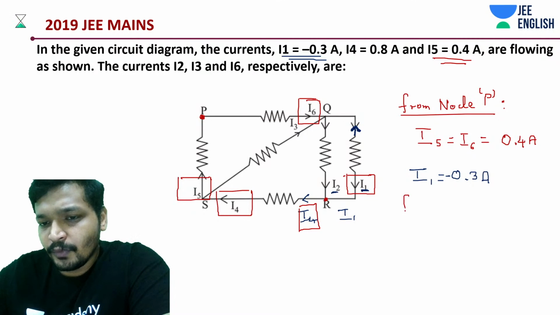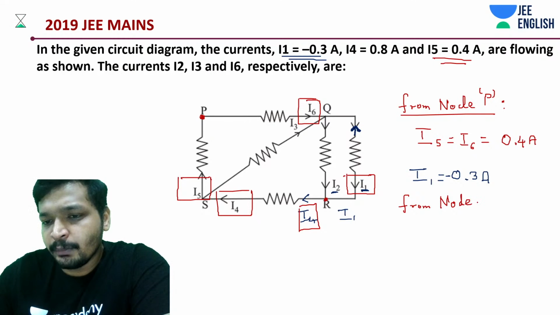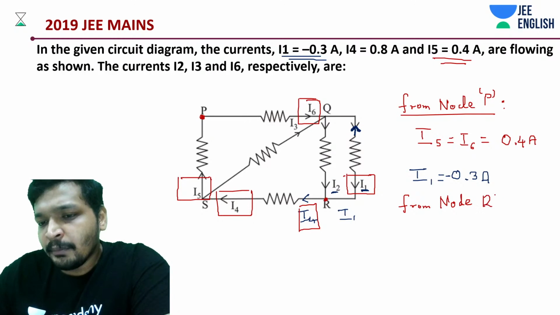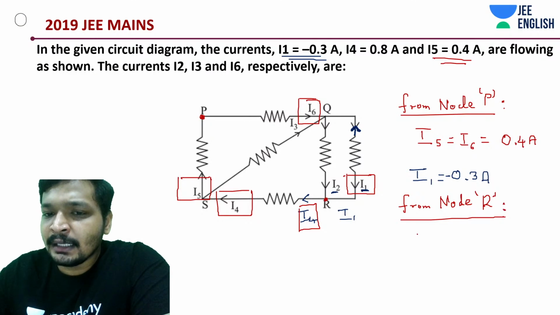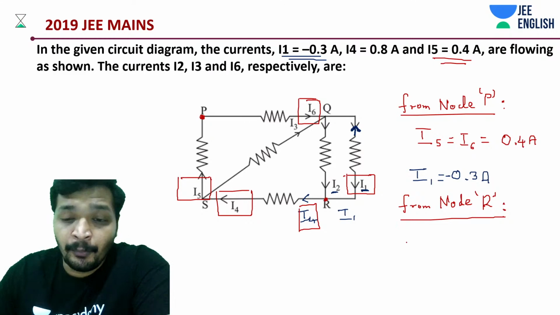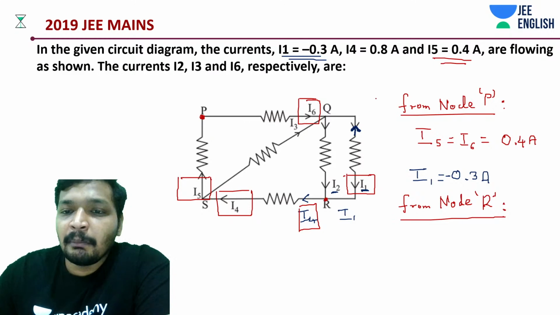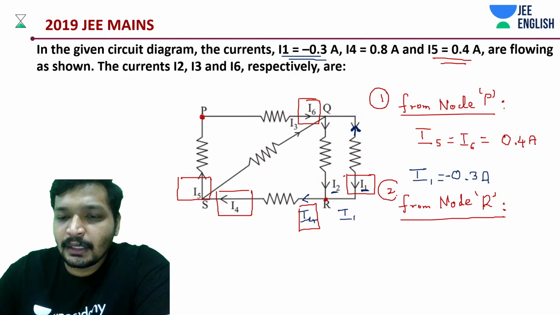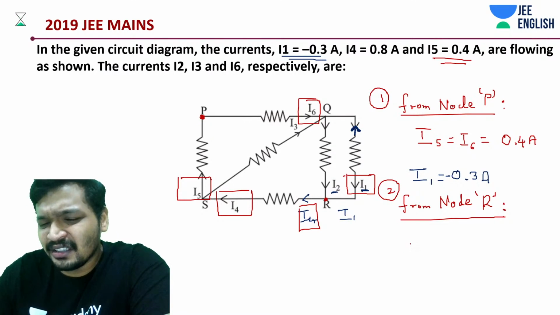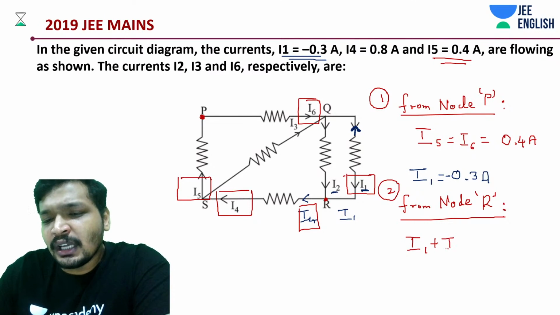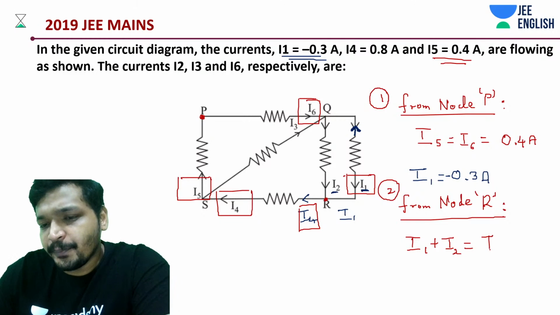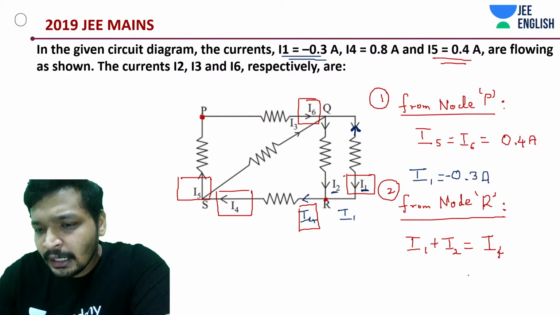Okay, it's not at all a problem even if you do it with the proper signs. From node R, can we say something like this? Even if you obtain the answer to be negative, you know it's a reverse direction. It's very important. Direction is very important. Multiple times the direction is the only confusing thing in your exam, especially when it comes to JEE Mains, even JEE Advanced. Okay, I1 plus I2 is how much? I4. Now, coming to this point,